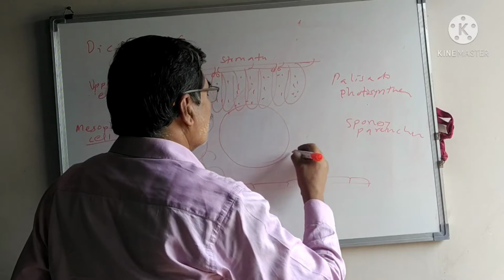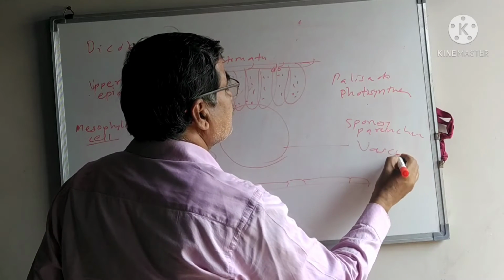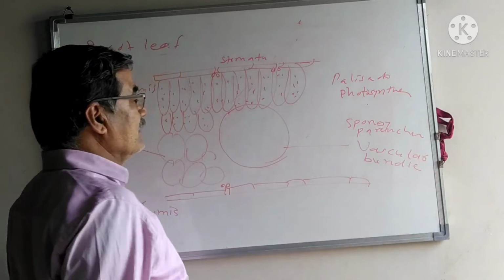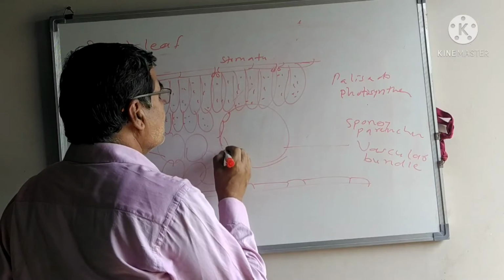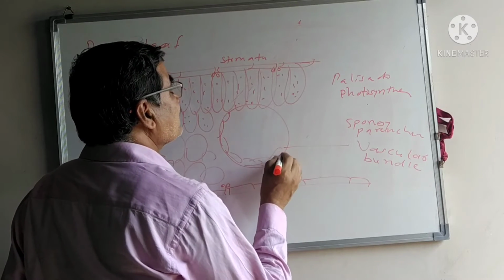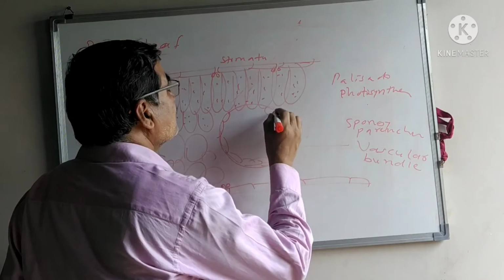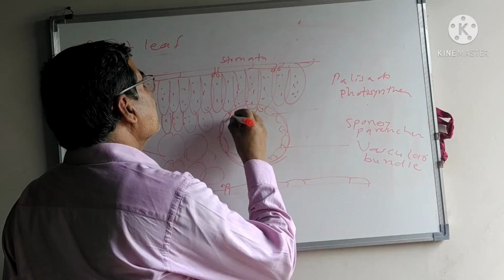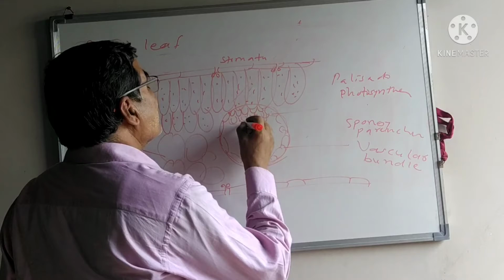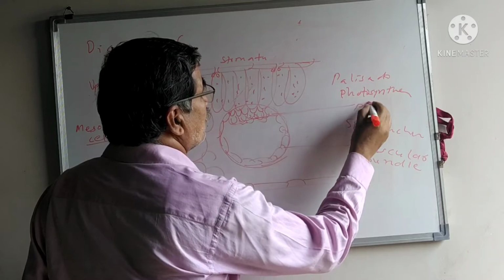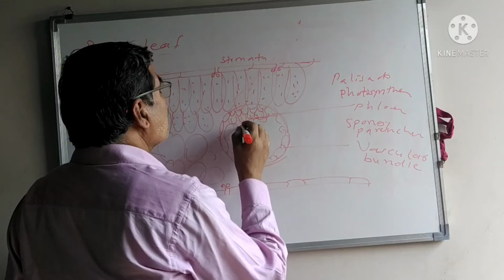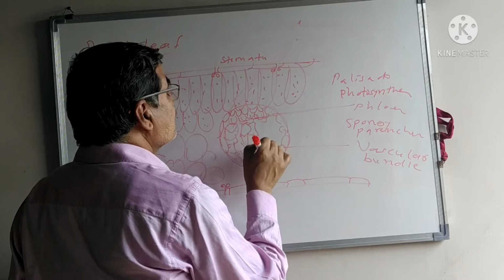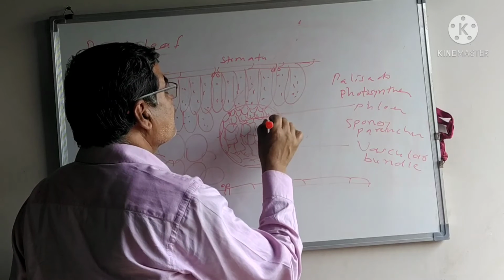In the midrib region, it consists of centrally placed vascular tissue systems, and these consist of vascular bundles. These vascular bundles are surrounded by somewhat larger cells, the endodermis, that is the bundle sheath. Towards the upper region there is a small parenchymatous patch, the phloem region, and towards the basal region, the thick-walled regions are the xylem strands.